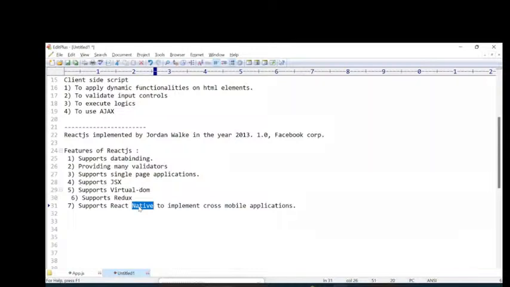Here we are using HTML controls in web applications, right? In the same way, to work with mobile applications, we use native controls. If you know native controls, that is enough. Using React code, you can simply implement mobile applications, and those applications support any type of device. That is the main thing. Okay, next one here,